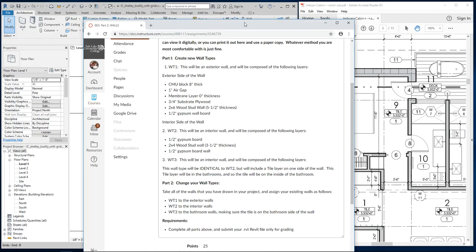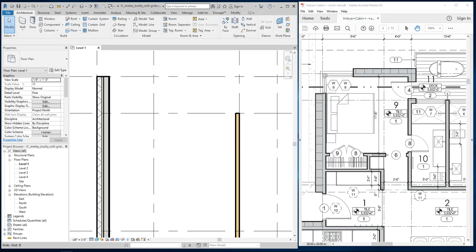Okay, so I'm just going to keep this on my other screen over here, and I will create those in our assignment, actually, and then I'm going to show you how to take this wall and change it to that wall type. Okay. All right, so I just want to